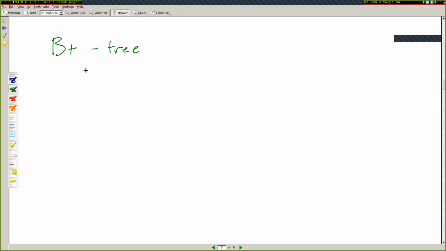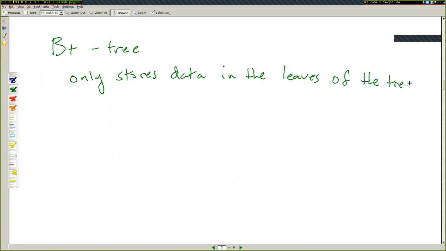But technically, a B+ tree only stores data in the leaves of the tree. And in Postgres, what data means is the TID, the tuple ID of whatever tuple corresponds to the particular data in our data sets. So here